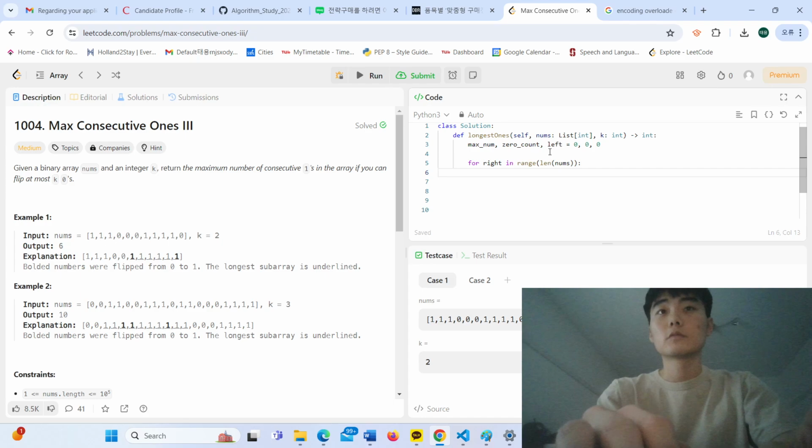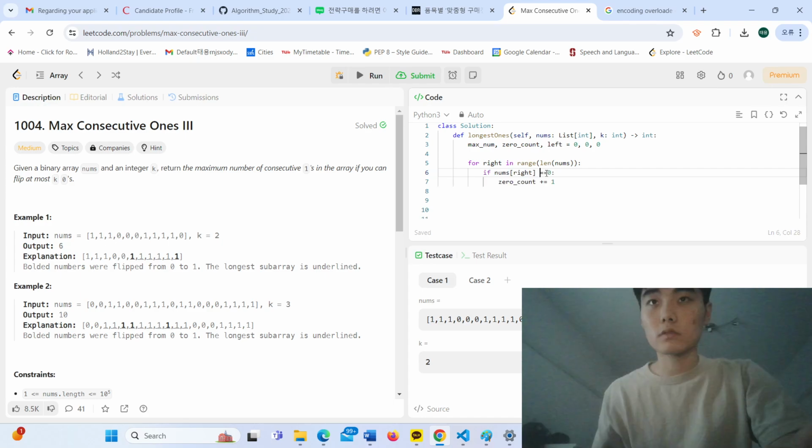Yeah, you have to care about the formatting. Yeah, and